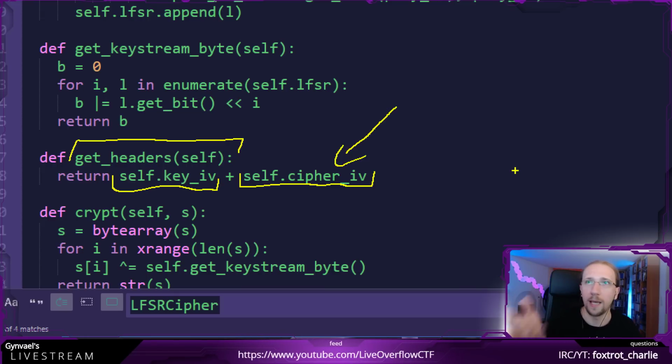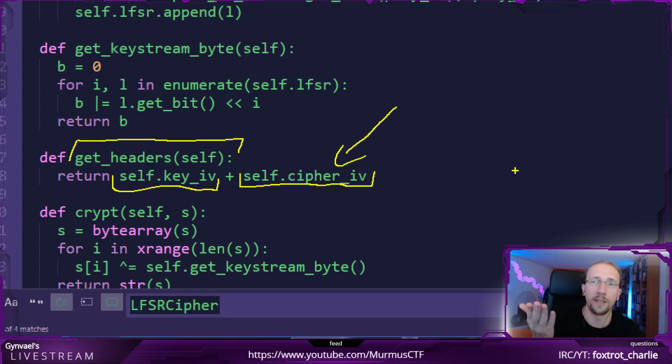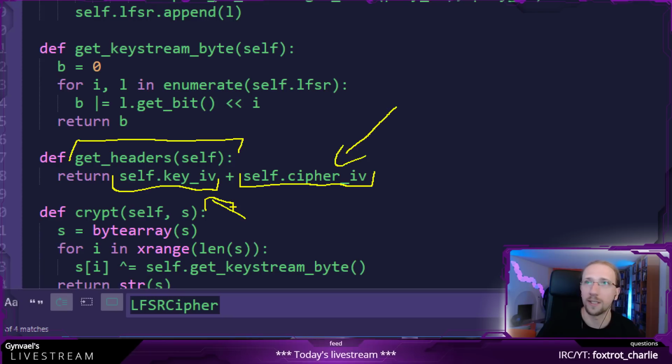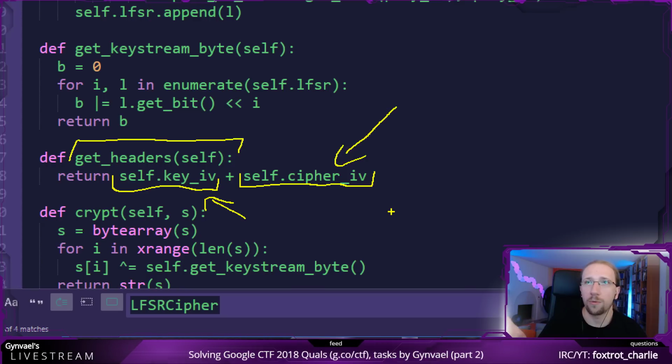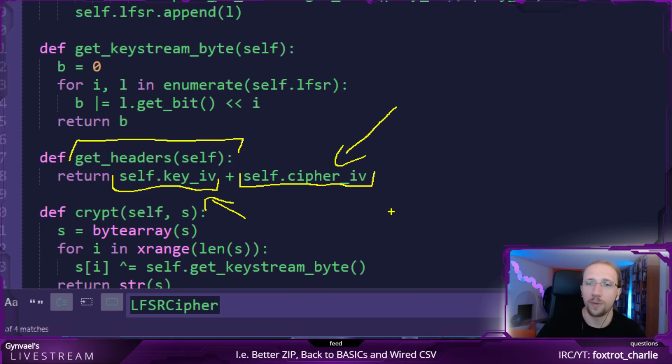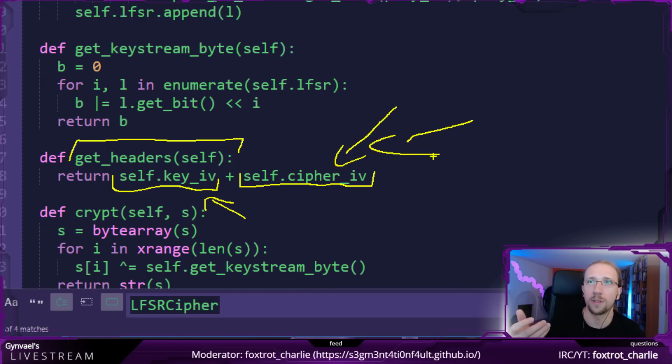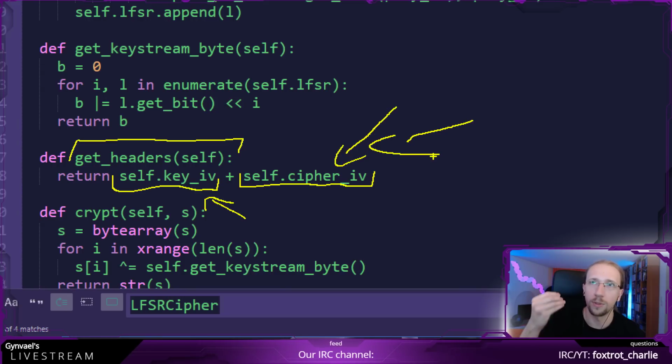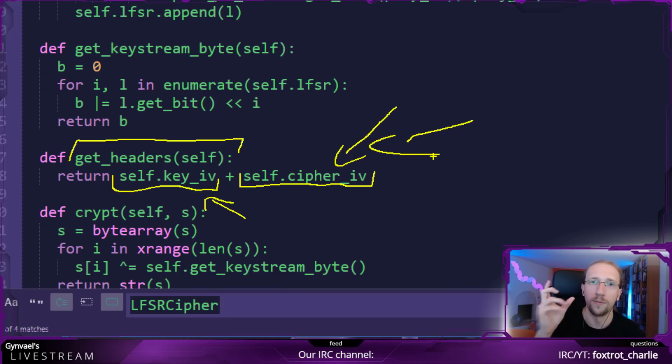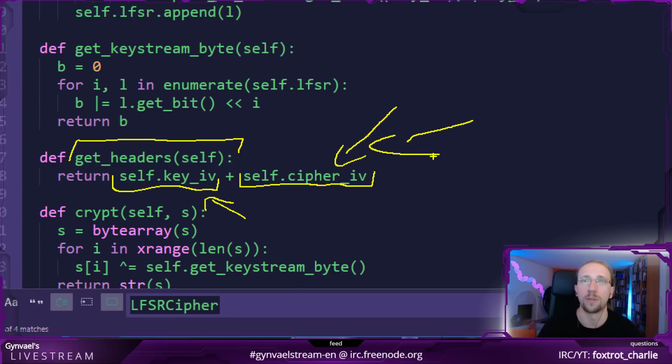So yeah, we already know the first 20 outputs of the linear feedback shift register, and they are totally not related to the key. Note this is the key IV and not the key. The key is not written in the file. And this also means that because we already know the first 20 outputs of the linear feedback shift register, we don't really care about the first 20 bytes of a known plaintext, because we do not have to reason anything, we do not have to derive anything, we already know the state of the pseudo random number generator.